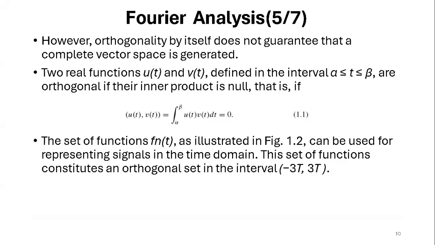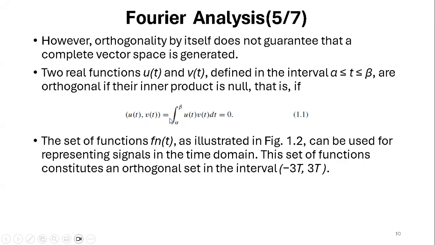However, orthogonal by itself does not guarantee that the complete vector space is a non-scalar vector concept. This slide talks about it. Two real functions, u of t is equal to t and v of t is equal to t. Two vectors, I have already studied in maths. Defined in the interval alpha is less than or equal to t is less than or equal to beta. Then the kernel, if the inner product is null, that is u of t comma v